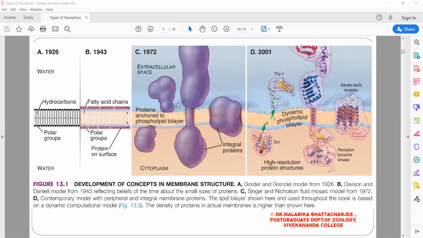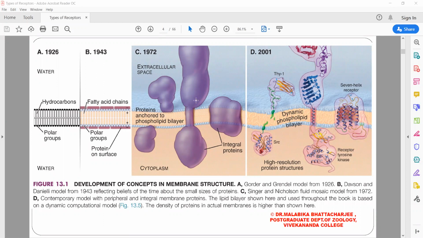model. If we look into this model, the plasma membrane, as I said, is a trilaminar membrane when it is observed from the outer surface. So it has two layers, and the protein seems to protrude out through the membrane, or the protein seems to remain attached either to the outer surface or to the inner surface. We can see from this membrane structure that there is a lipid bilayer. The tails of the lipid molecules are facing each other while the heads are facing outwards, which was a feature in the previous two models also.